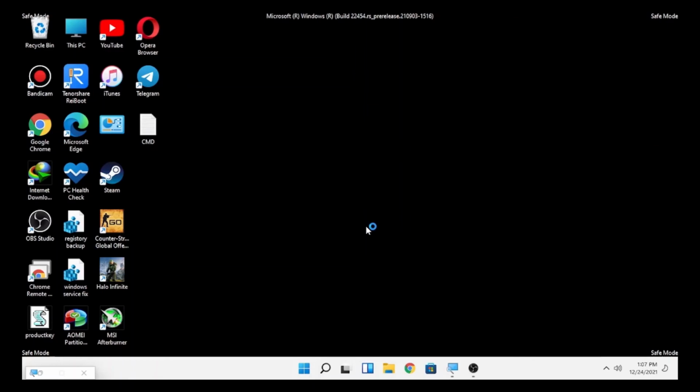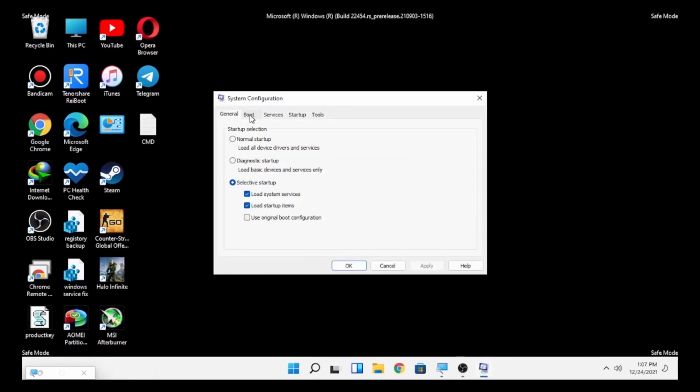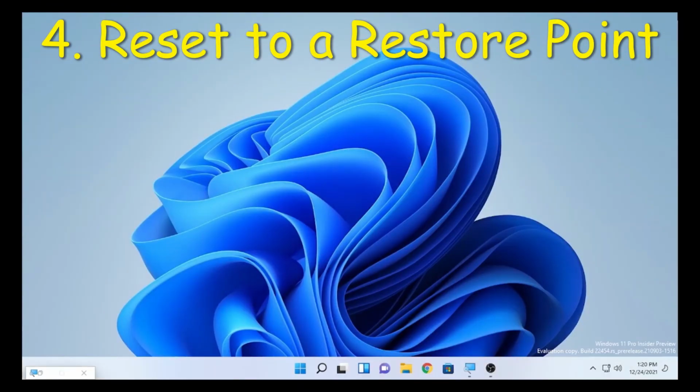Then select boot and uncheck safe boot, select apply, then select OK. Then it will ask you to restart, so it will get out of safe mode and go to the normal section. So select restart.